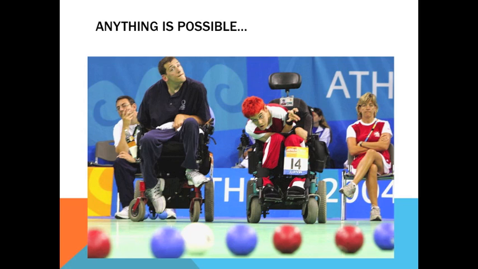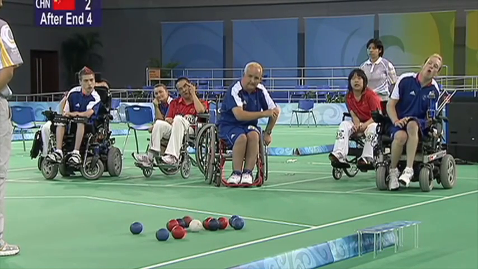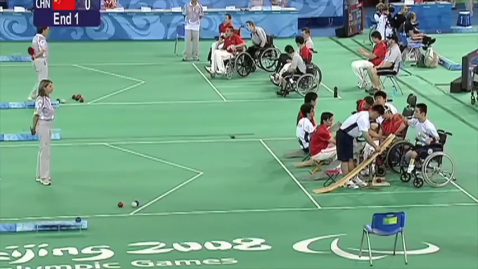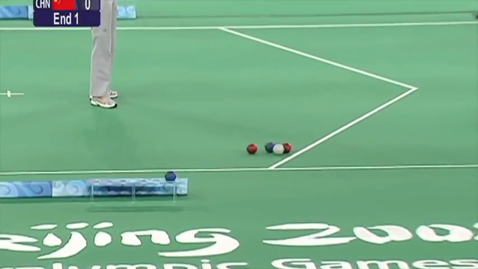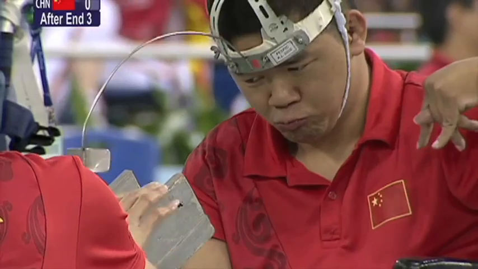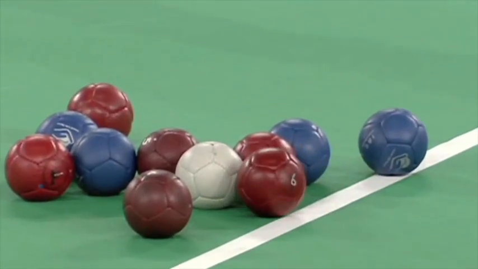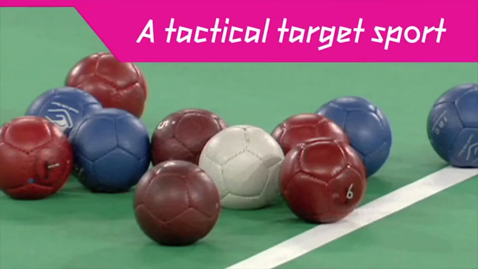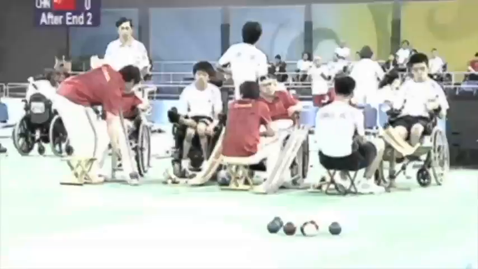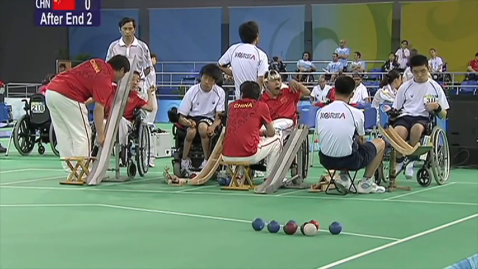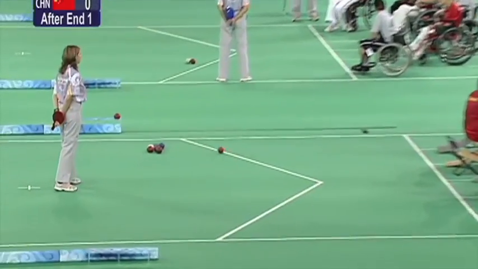This picture is a photo taken at the London 2012 Paralympic Games, which is one of the most successful yet. The photo shows two athletes who are clearly highly dependent on their wheelchair, and they've been given the opportunities at school or club level to play boccia, and have been successful enough to watch an Olympic Games where they can show off their incredible skills of boccia to millions watching it. This for us shows just why anything is possible.